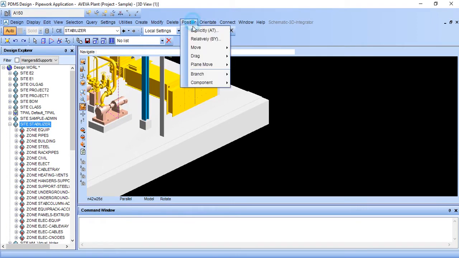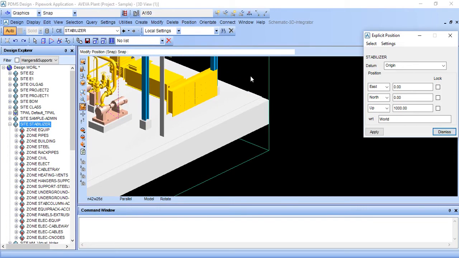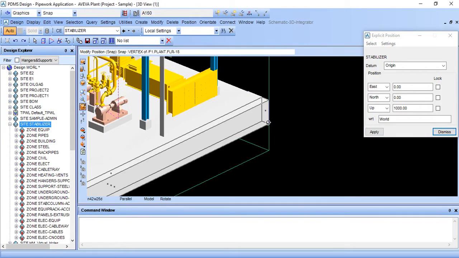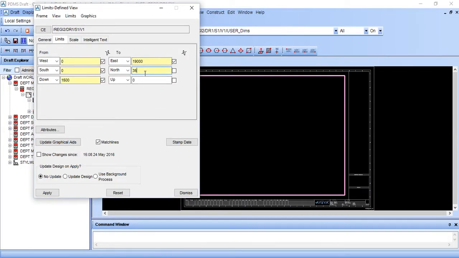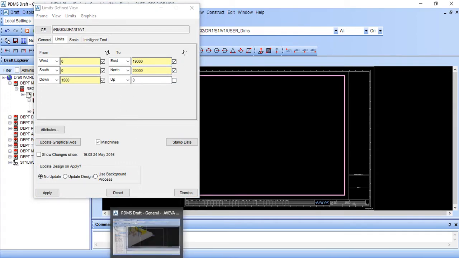Now we want the north direction. Zoom in, go to position explicitly. We are interested in the north direction, it is 20,000. Type here 20,000, check it. Now we want the up direction.